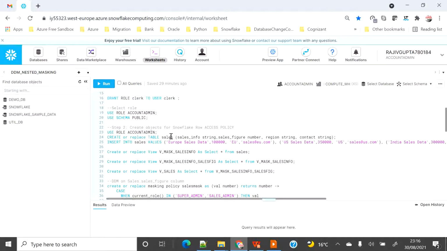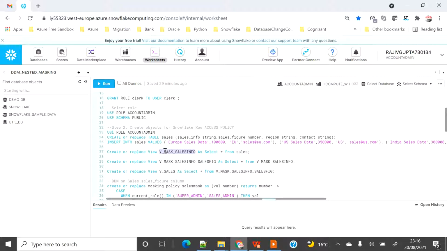I'm going to create a sales table with 4 rows of data. You will see that the sales data for Euro, US, India, and Australia has been created here. I'm going to create a view on the sales table, which is v mask sales info, and later on I will mask the sales info column on this view.